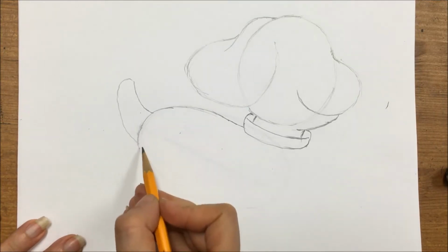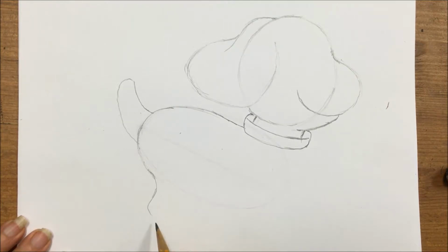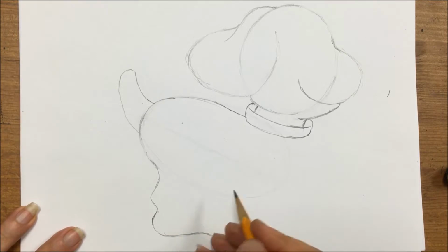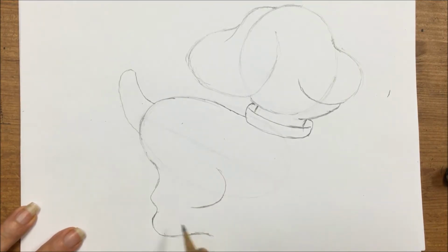And then I'm gonna make like a wavy shape here, just like this, and then continue this part and make his foot just like this. And then I'm gonna draw his knee, one curve here, and then I'm gonna draw his toes